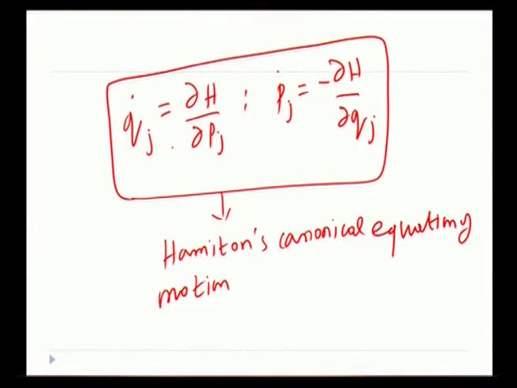So this says derivative of the generalized coordinate is equal to partial variation of Hamiltonian with respect to momentum of the jth particle. Then derivative of the momentum is equal to negative of the partial variation of Hamiltonian with respect to the generalized coordinate. These are the concepts we obtain from these Hamilton's canonical equations of motion. So in this topic we learnt how to derive the Hamilton's canonical equations of motion from a Hamilton's function.